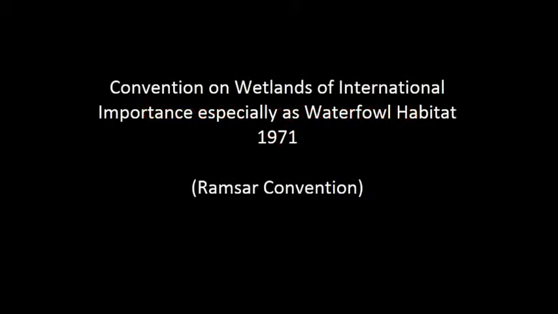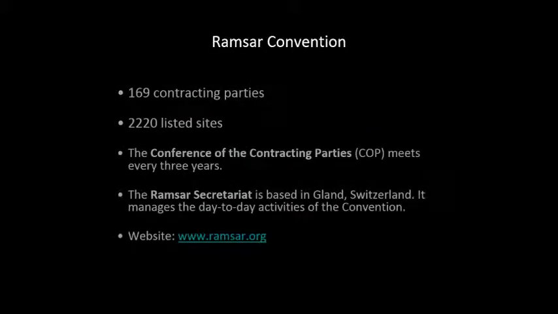So groundbreaking international environmental treaties were negotiated during this period, the 60s, and then it all comes together in the 70s, so to speak. So we've got the Convention on Wetlands of International Importance, especially as waterfowl habitat, signed in 1971. So it's got a really long title, and everyone calls it the Ramsar Convention, based on the city in Iran where it was signed. And wetlands on it are called Ramsar wetlands. So in summary,